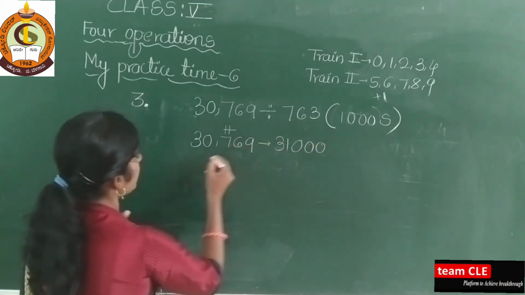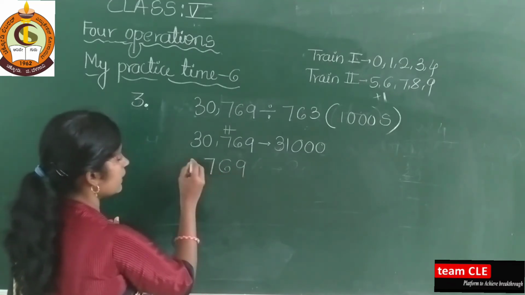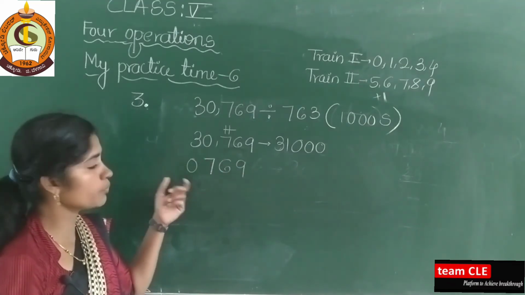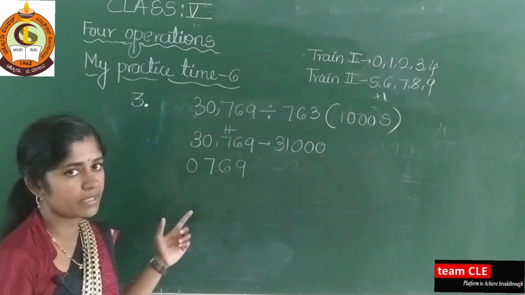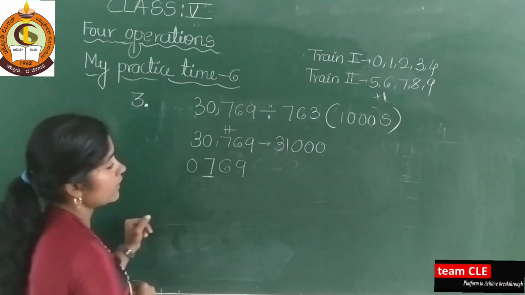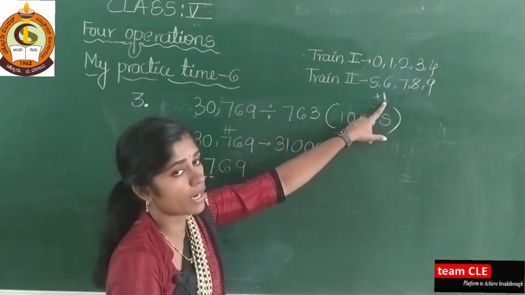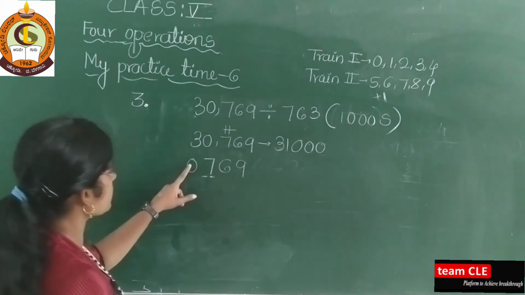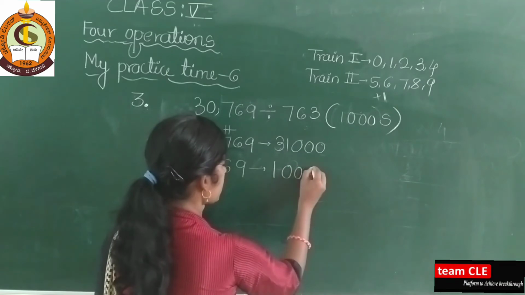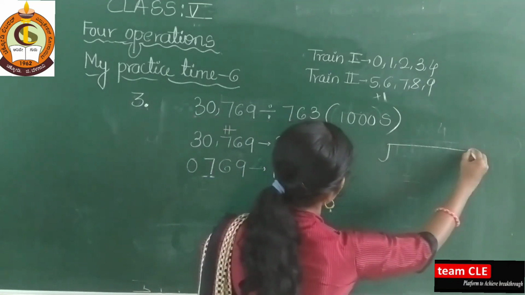So here 769 is there, and you put a 0. If you give 0 before the number, it doesn't have any value. So see what is in the hundreds place. Yes, that is 7. It will come in tray number 2. Then you need to add 1 in the 1000 place. So 0 plus 1 is 1 and the remaining digits become 0, giving 1000. Okay. So next you need to divide the number.